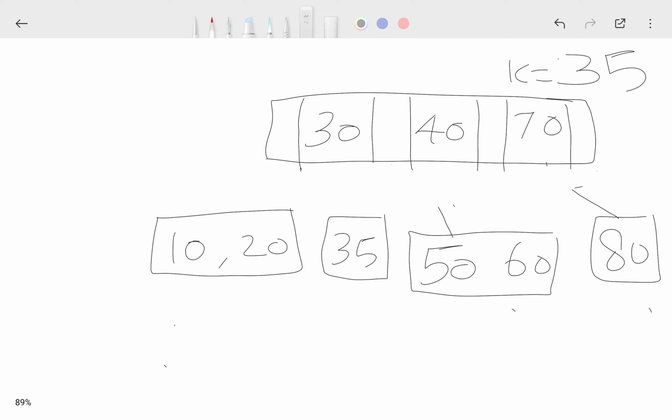So now I need to change the pointer. This node will be pointed by this pointer, and this 35 is between 30 and 40, so it will be pointed by this. And 50 and 60 is between 40 and 70, so it will be pointed by this pointer, and for 80 there's no change. So after 35,